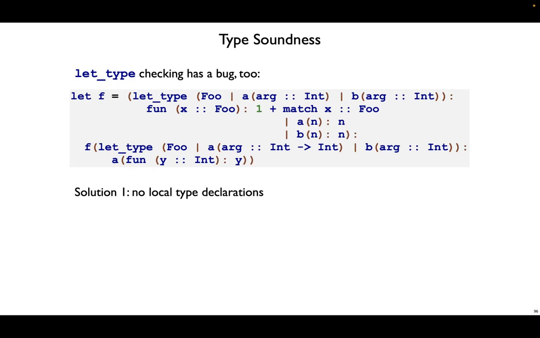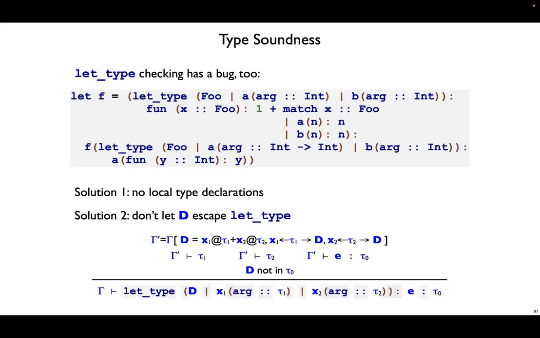So what to do? One solution is to say there can be no local type declarations. They all need to go at the top of the program, just like our class declarations all had to go at the top. This is a bit extreme. An alternative is to say, don't let the newly defined type escape from the let type expression. We've got a let type foo up here. We need to make sure that whatever value we return doesn't depend at all on foo. So this function here would be rejected by the new rule because it's a function that takes foo as an input. That means f would have foo in its type, and that's a kind of escape. We don't want the escapes.